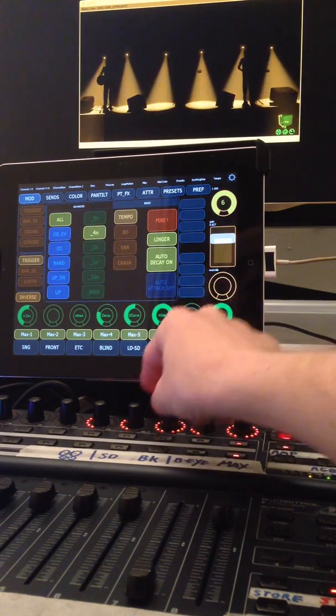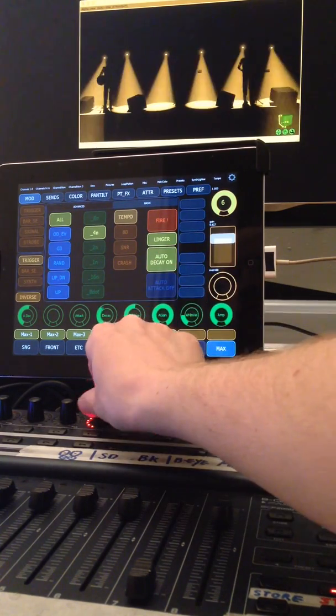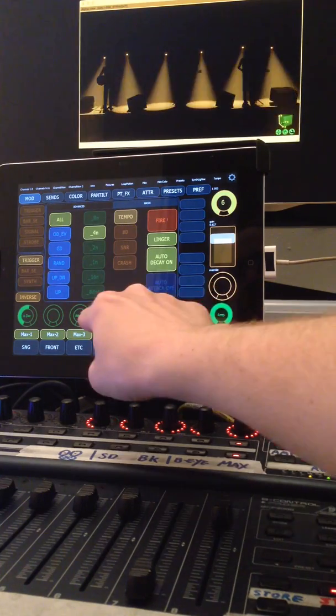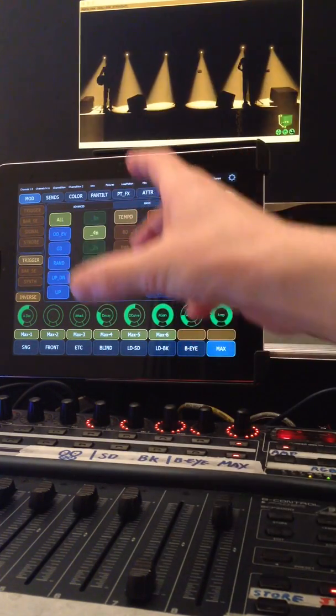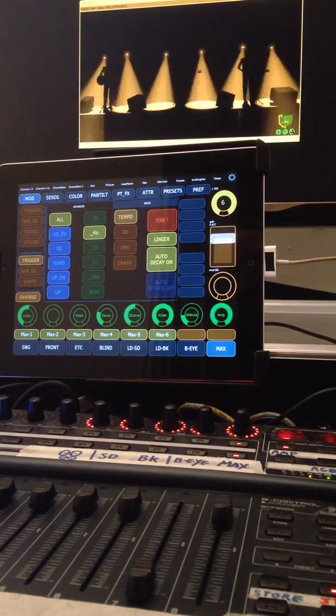So now the fade automatically changes. If I change the decay, it automatically calculates the timing between bass drums. Now it's tempo, but if I use bass drum, it will calculate it, and it will make the fade go to 0 exactly when the next bass drum is coming. So if I turn up the tempo,